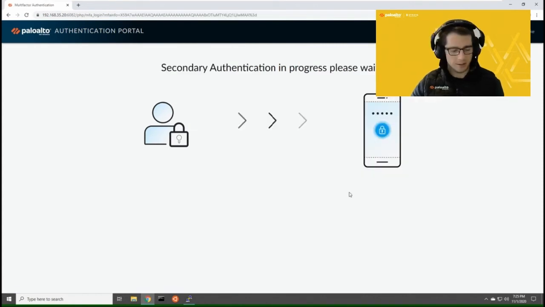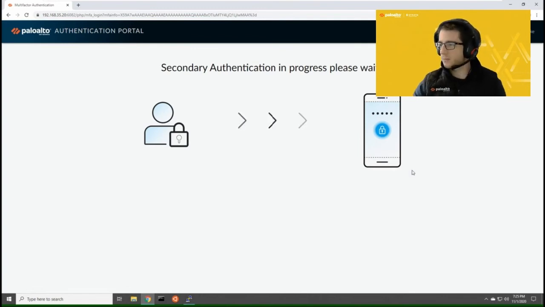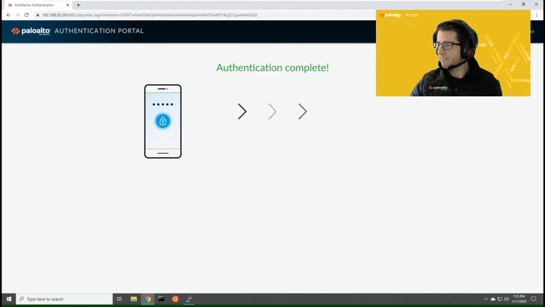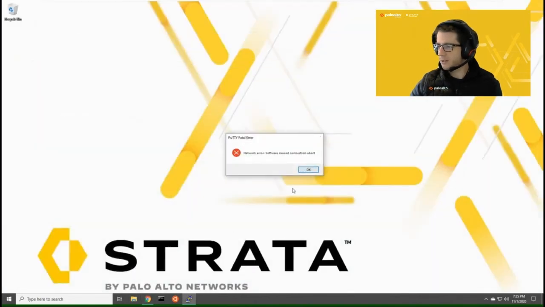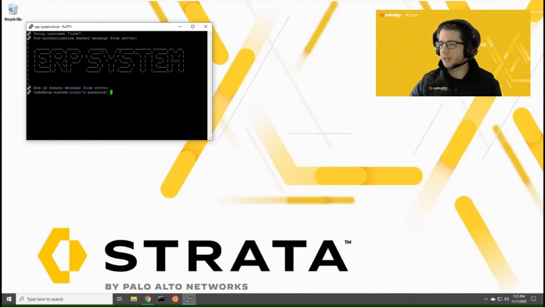Now, the firewall is going to tell me that I'm getting a push to my phone, and hopefully my virtual background cooperates here, and you'll see the push that's hit my phone. You can see that. So I've hit approve. Now the firewall's happy that I've authenticated. So I'm going to restart my session to my ERP system, and I should be presented with a login prompt,